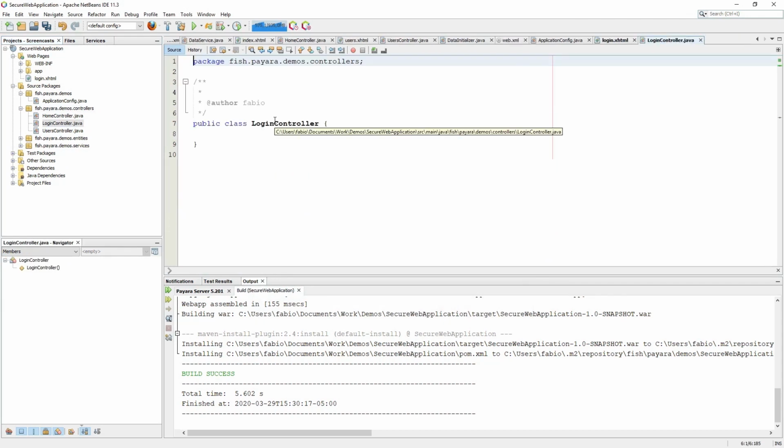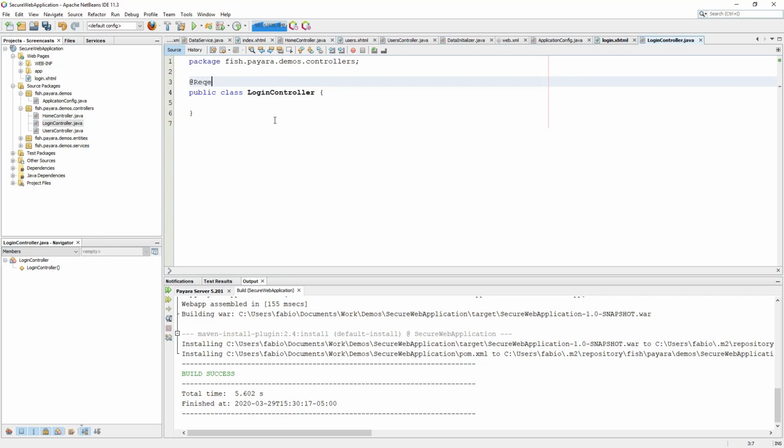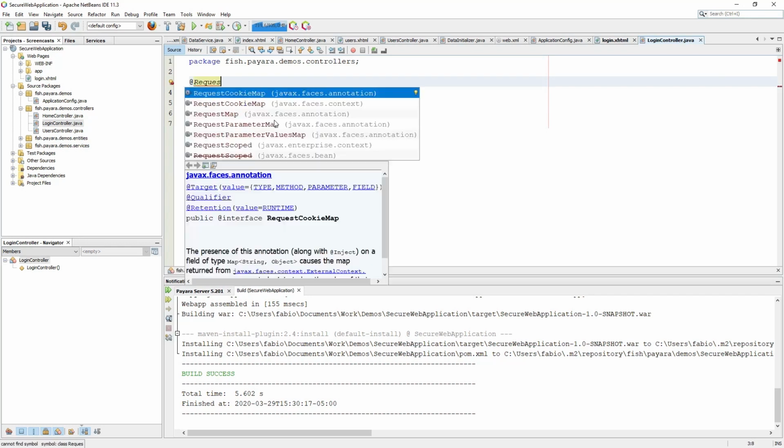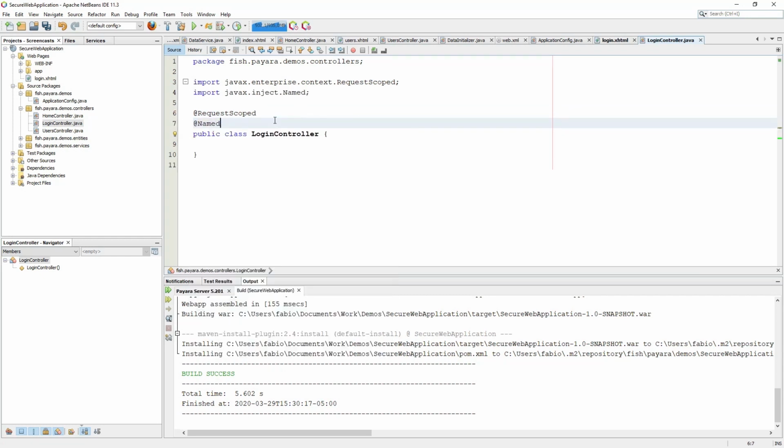So you know the drill by now. We need this to be a CDI bean, so request scope, and it will be named. And I need to define a username